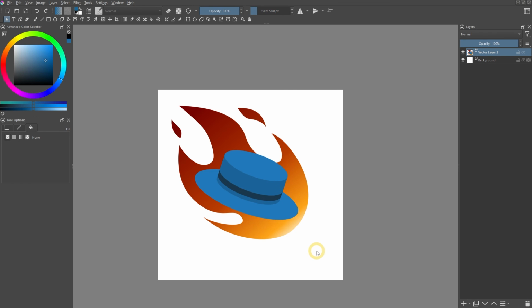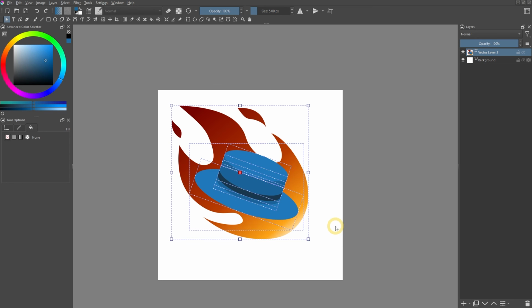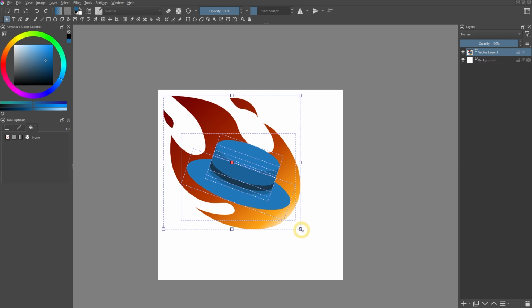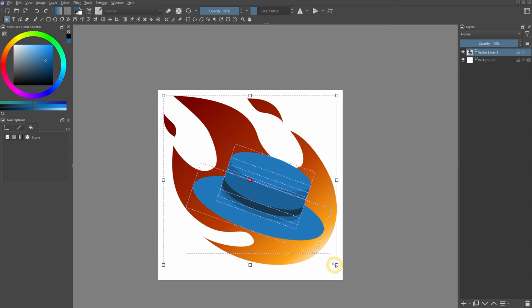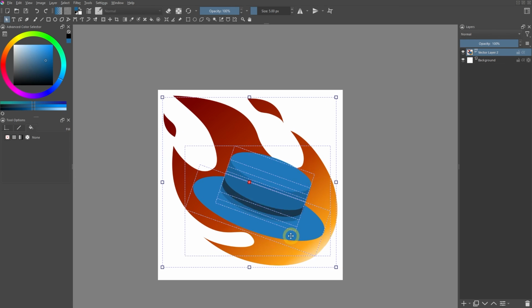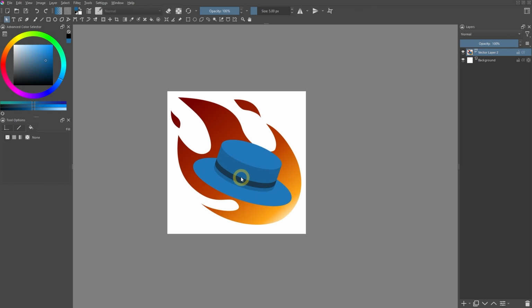Next, we can select all these vector objects, then combine them as one group object. This is so it is easier if we want to scale them or perform other types of transformation. You can hold down Shift while scaling to perform a uniform scale. In other words, the width to height ratio remains the same.